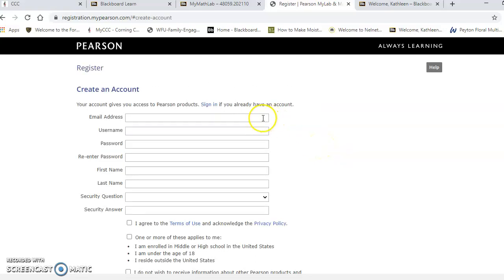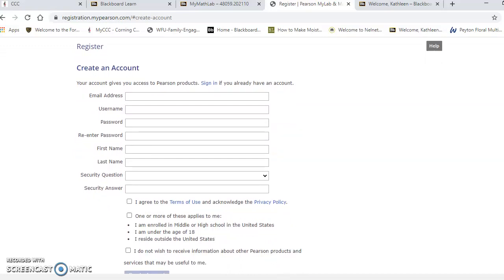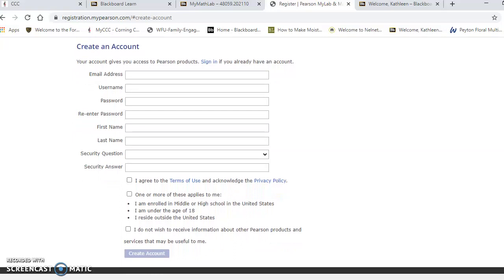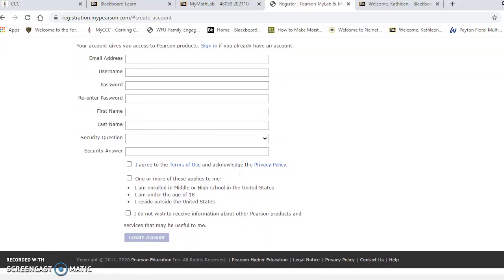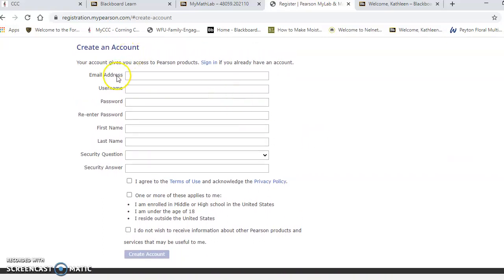And then make sure you use your CCC email address. And remember, it's -cc, not -ccc, because then it's easy to remember how to access if you forget your password. I just find it easy to use your CCC email address to do that. Make sure you write your password down, because it's very hard to retrieve that if you forget it, because sometimes people have issues with their email address, that's why I say to use your CCC one. Okay, so once you've registered, you'll have a prompt that asks you to